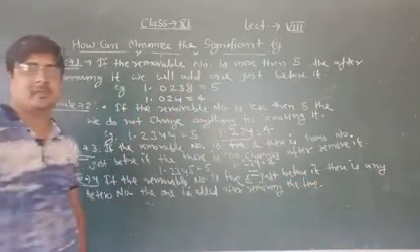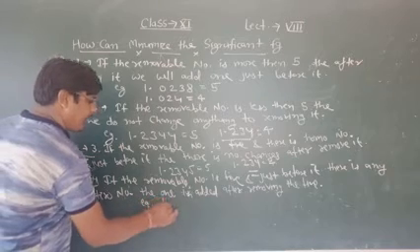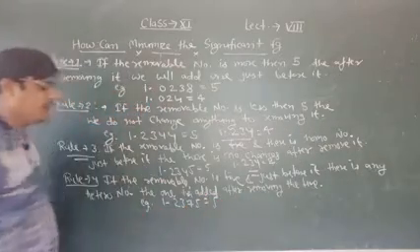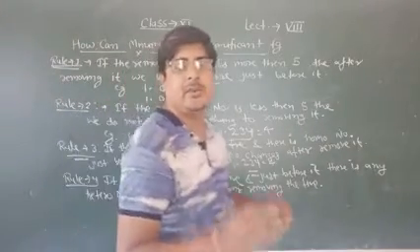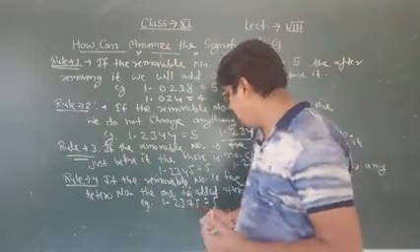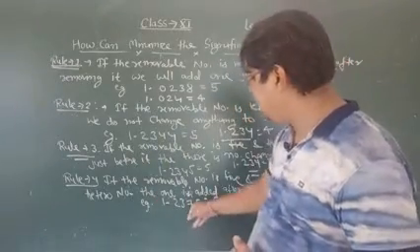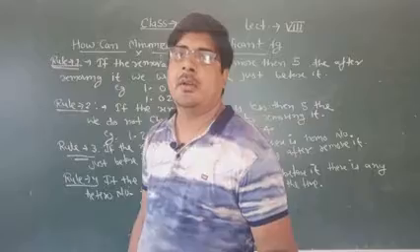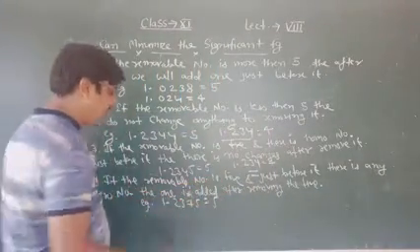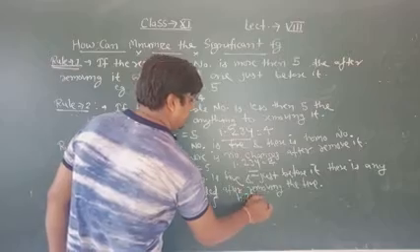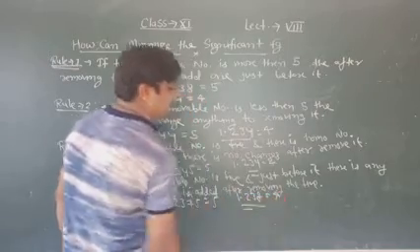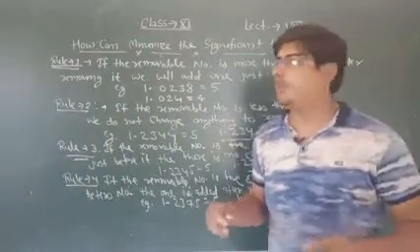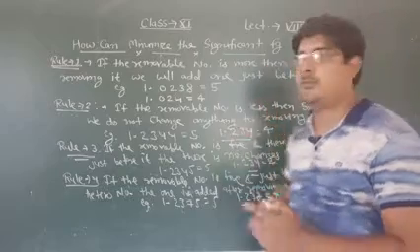Okay, let's see the example. 1.2375, here the significant number is 5. I want to convert it into 4 significant figures, then you will have to remove the 5, and there is the 7 just before the 5. After removing the 5 we will add 1 to the 7, so your answer will be 1.238. Okay, and here the significant figure is 4. So these are the rules to minimize the significant figure.